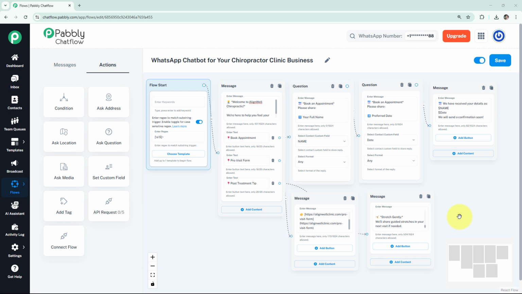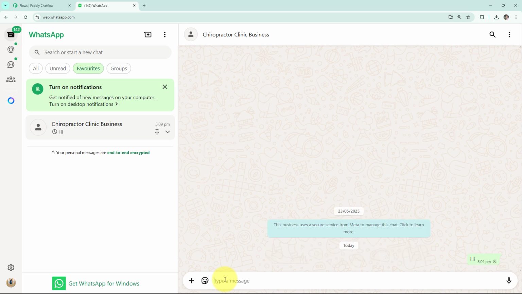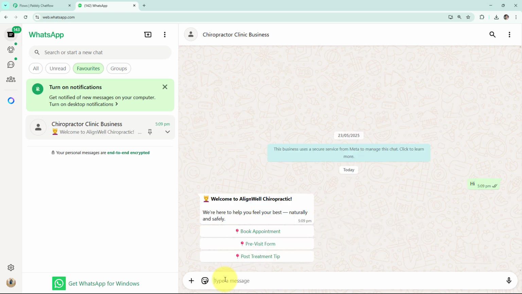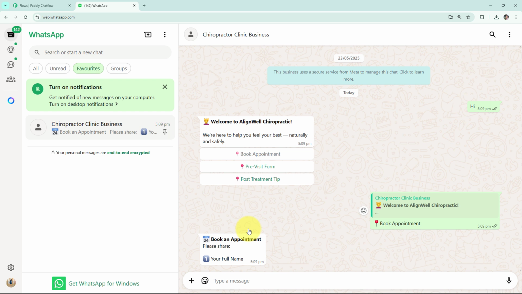Before we begin the procedure of creating this chatbot, let me show you how it works in a real-time example, and for that let me take you to my WhatsApp screen. Here we have arrived on my WhatsApp screen, and to activate the chatbot, the user is supposed to send a message. So here I am going to send a general hi like this, and immediately our chatbot responds with, "Welcome to Align Well Chiropractic. We are here to help you feel your best, naturally and safely," and it has provided us 3 options. I'm going to select the first one that says book appointment, and it is asking for my